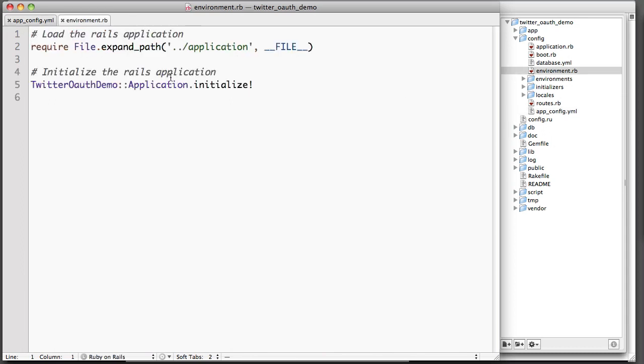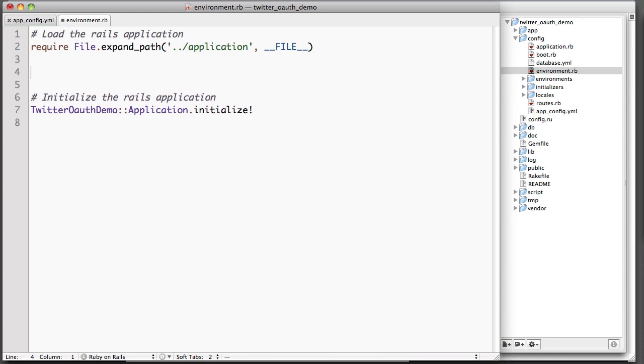So we have the configuration created, but we need to load it into our application, and the environment.rb is the place to do that. Again, I just usually put it into a constant called APP_CONFIG, and we just set up a YAML.load. Now, for YAML.load, we just need to read in the file and hand it off. So I guess we can just reference it by directory name. So we'll do File.dirname